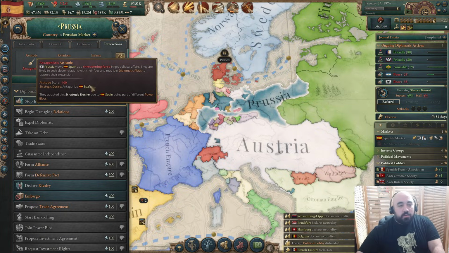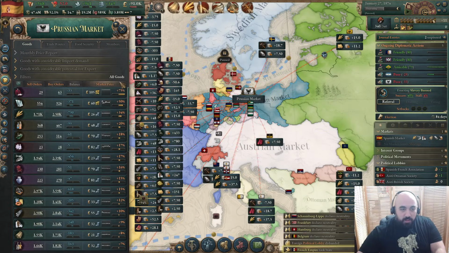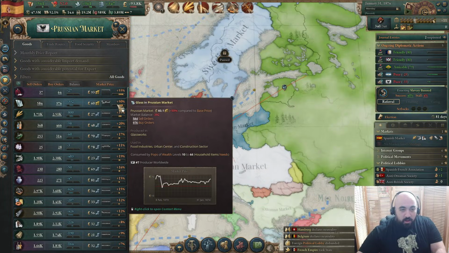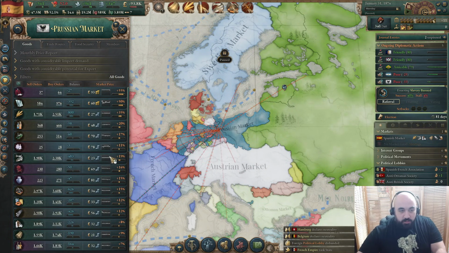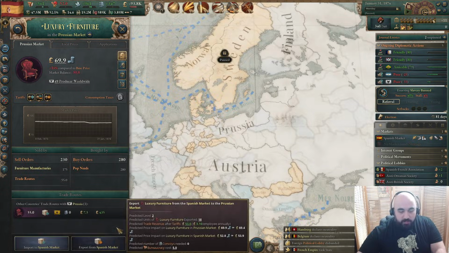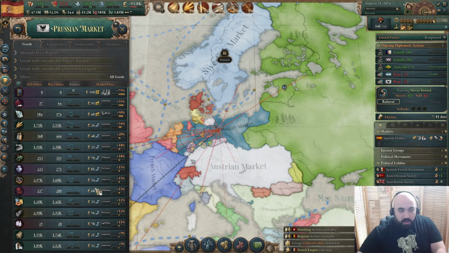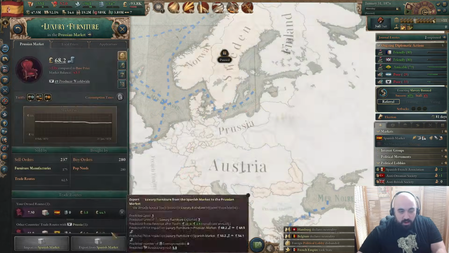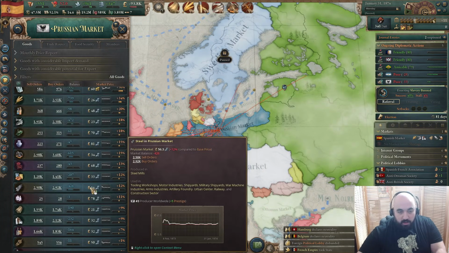I don't know if us holding Holstein is causing them to view us as a natural enemy, but we did want to be able to trade with them, and so we shall. And we are going to get this trade on the cheap, because we are going to be able to spend 0 convoys on this trade. And so we are just looking at what's expensive. We're going to export it from our market to them,